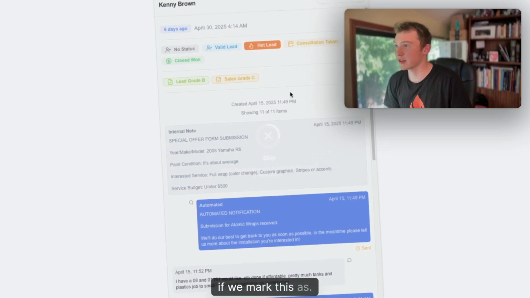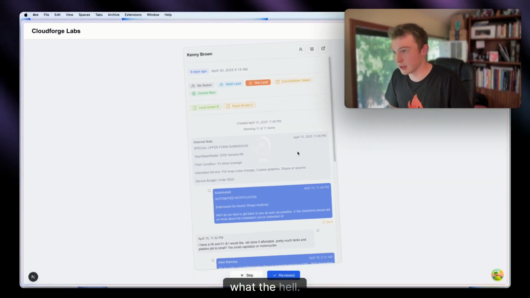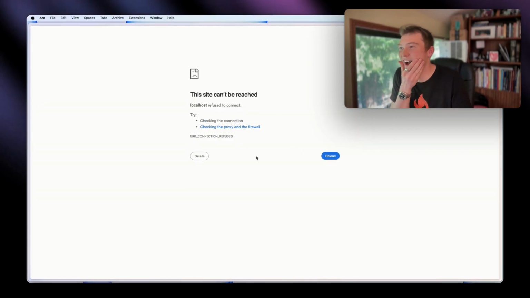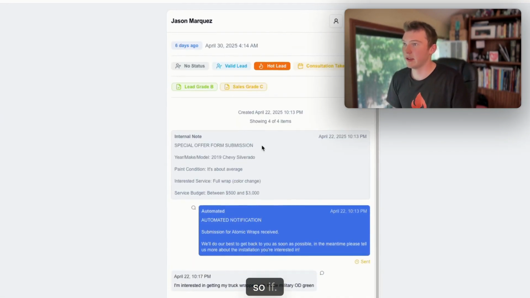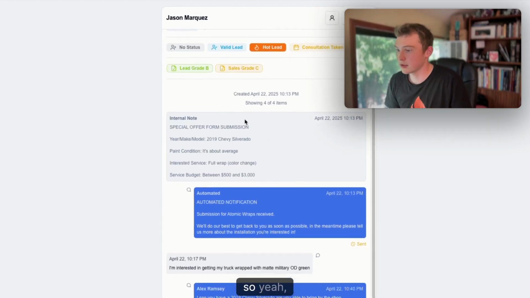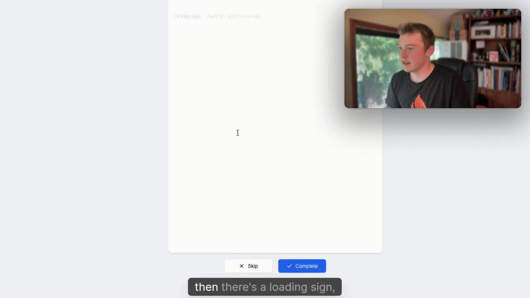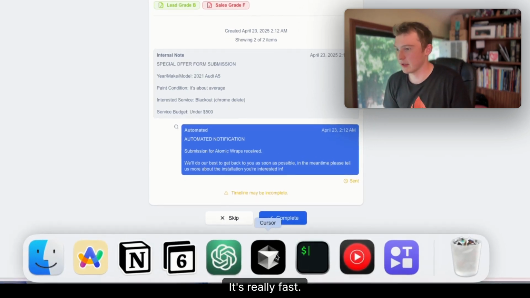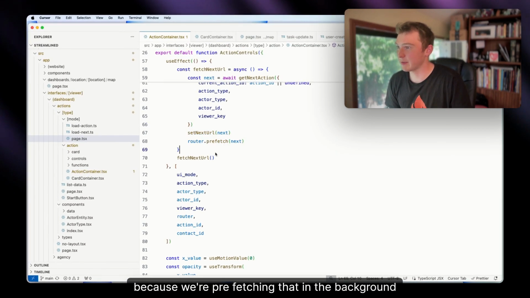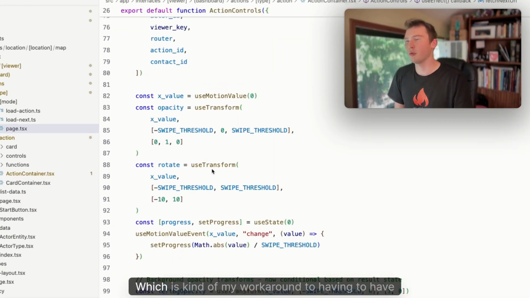Because if we mark this as, what the hell? Oh, that does make sense. Hang on. Okay, so if we hit skip on this, there's a loading sign, but then you can see it instantly pulls up the next page. It's really fast, because we're prefetching that in the background once they land on the current page,